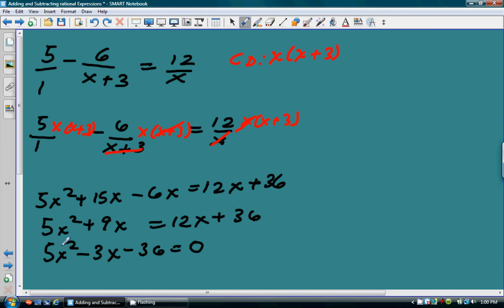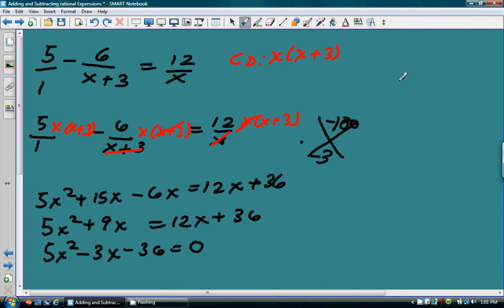First thing we do, and in this case we're going to factor it. You can use whatever method you like to use to factor, but in my case I always like to use the x factor. So we want a number that multiplies to negative 180 but adds to negative 3. So the two numbers that will work in this case will be